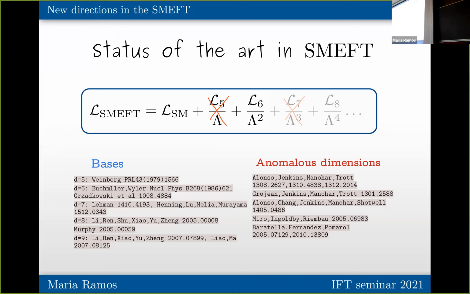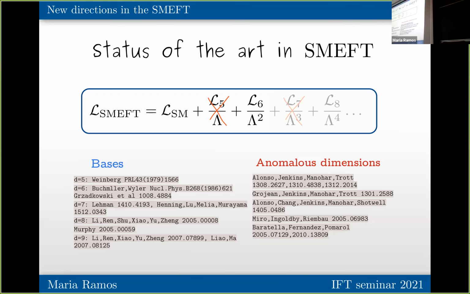So to the best of my knowledge, in this operator expansion, all bases up to dimension 9 of independent operators have been considered in the literature. And regarding loop corrections, so renormalization loop effects, this is known up to dimension 6. And here I will focus the discussion on even powers on this cutoff scale, just because the odd powers correspond to baryon and lepton number violating operators, and the power counting is different there because these processes are much more